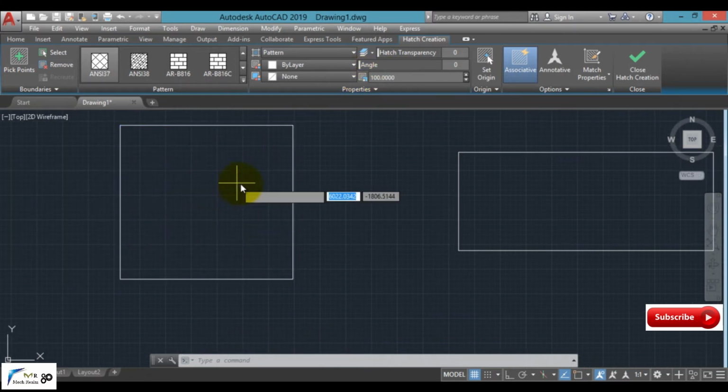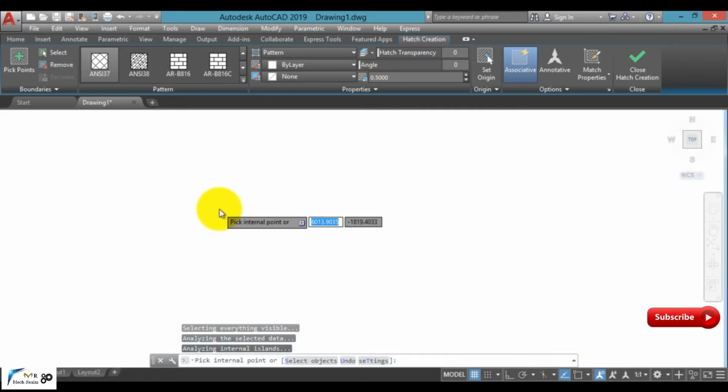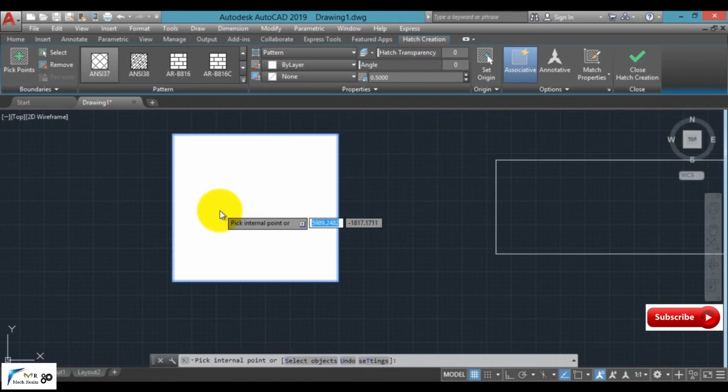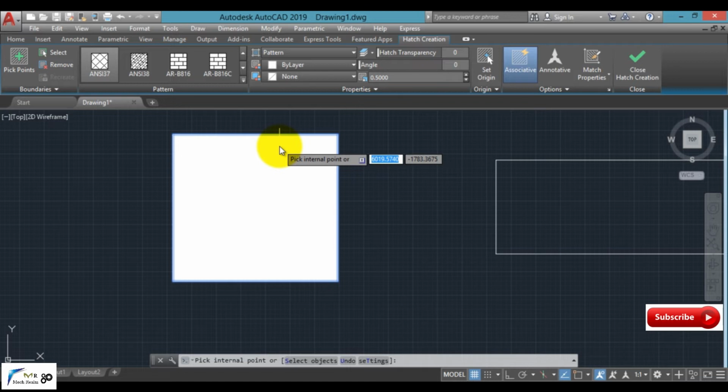In our earlier case, the density was much higher. That is, if I select 0.5, the object is like this. There are lines, but the density of the lines is so much that it cannot be observed easily. So in order to increase or decrease the density of lines, we simply have to select hatch scale from here and define the new value.